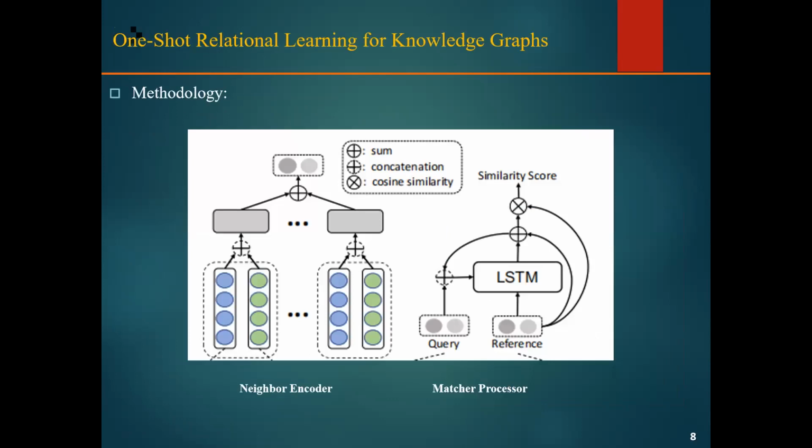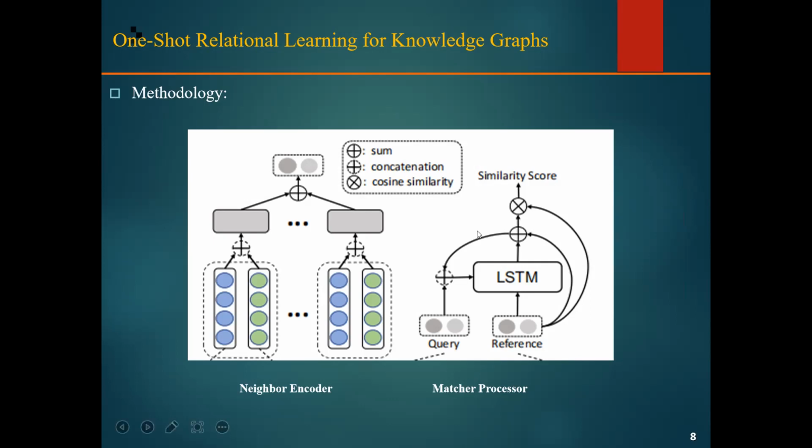And if we go through the methodology used in this paper, first, knowledge graph completion: as we know, the knowledge graph represents the knowledge as a collection of triples. We have the entity set, and we also have a relation set. So the task of knowledge graph completion is either to predict the unseen relations between two existing entities, or to predict the tail entity given the head entity and the query relation.